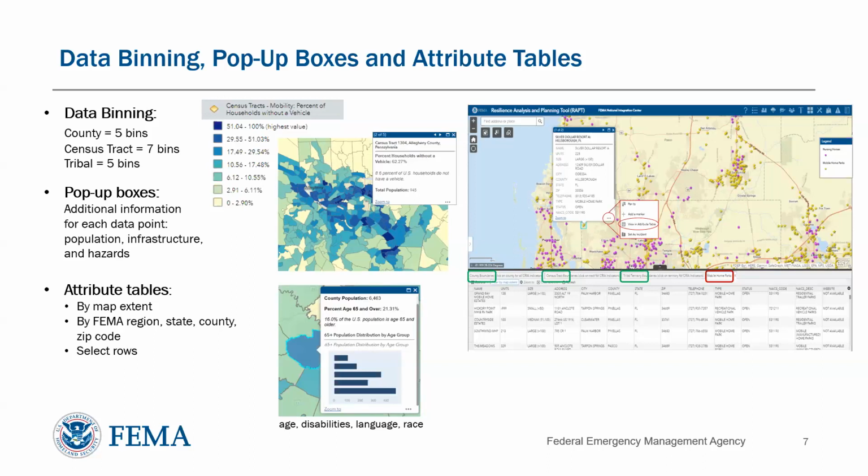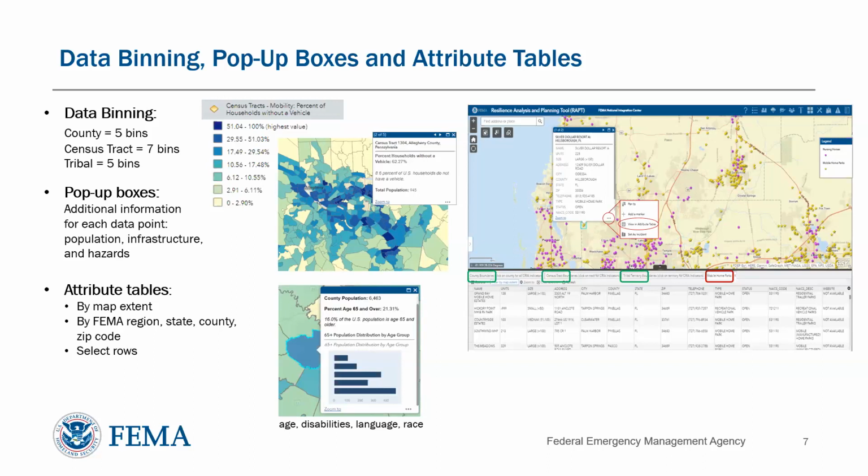In addition to visualizing information on the map, you can actually see a pop-up as well. You can see on the bottom of the screen, for instance, at the county level, we give you the population, the value for the indicator we're looking at, and then also for certain indicators, a breakdown. So not only do we tell you it's about 21% of the population age 65 and over, we also give you a breakdown of each 5-year increment, how many individuals are estimated to be in there. So between 65 to 69, 70 to 74, and so on.